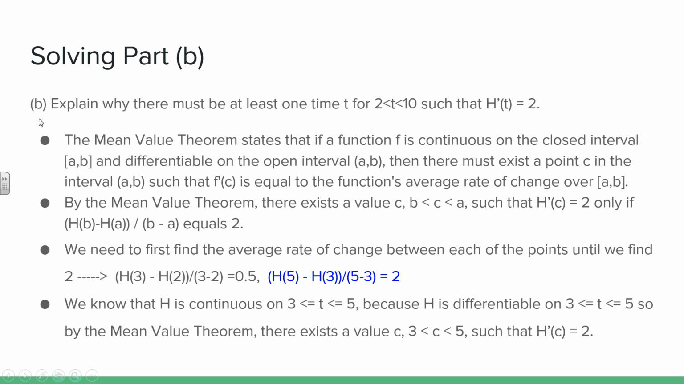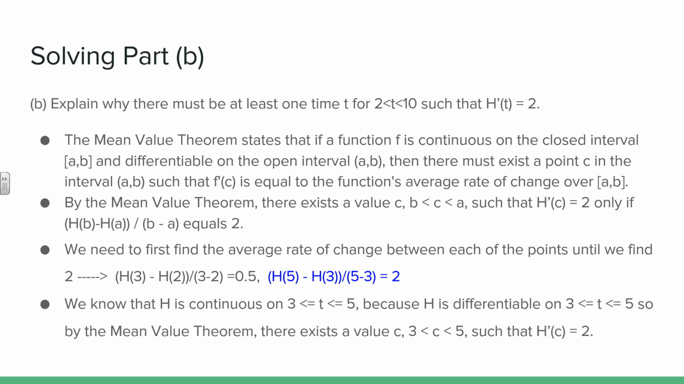In part B, they want to know if there's at least one time where h prime of t equals 2. So hopefully that makes you think of using the mean value theorem because of the way the question is worded. Now what makes this problem a little weird is that if you try using 2 and 10, you may notice first off that those do not have equal signs, so we can't really use 2 and 10. But also if you did try using those, I don't think you'll get 2 if you find the average rate